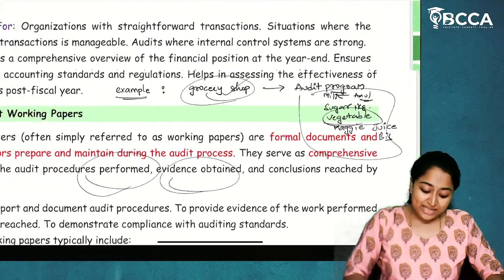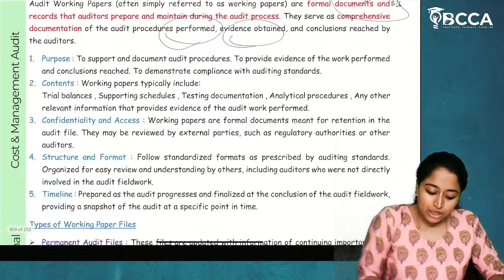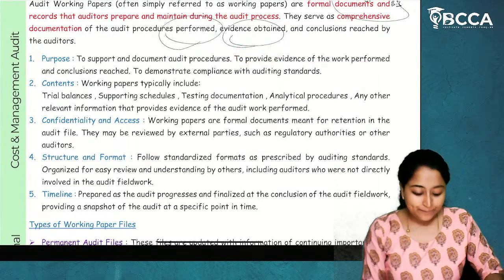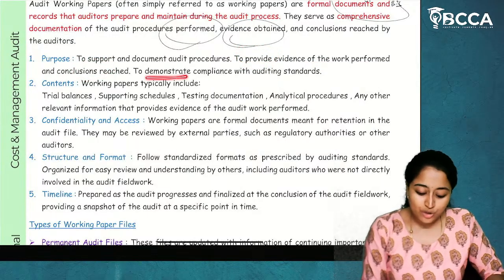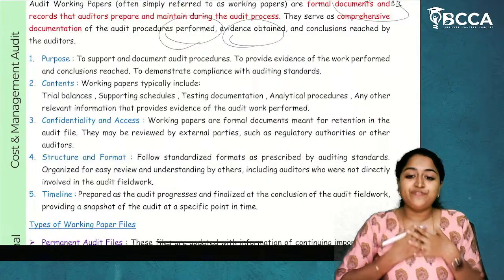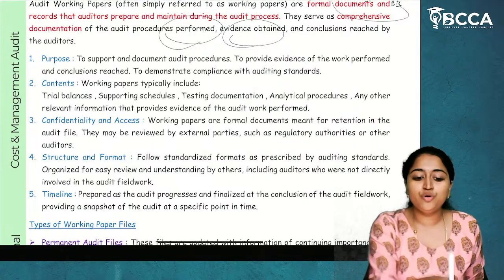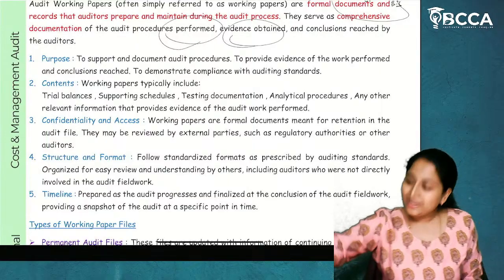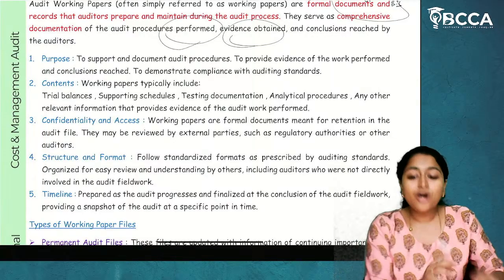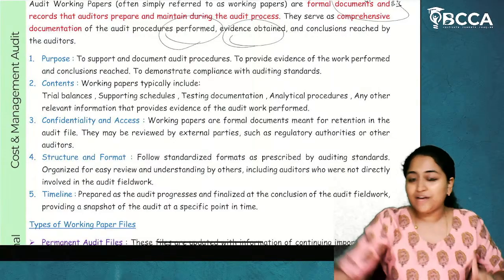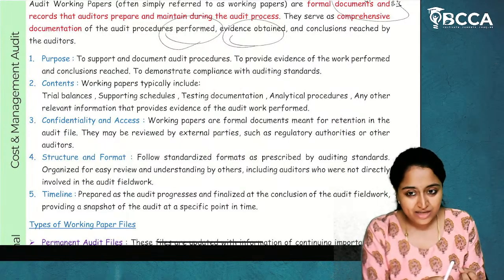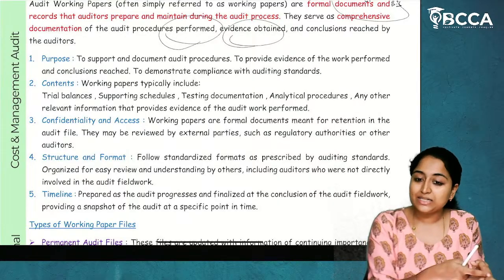Now, this is audit working papers. Purpose: to support and document audit procedures, to provide evidence of work performed and conclusions reached, to demonstrate compliance with auditing standards, so that the auditor can prove himself that I have followed everything, I have followed your instructions. You have told me to go to this shop, I have gone to that shop only. You have asked me to bring all this, I have bought all that. But if they are not available or there is any damage, then I have got you some proof. So to prove that you have performed the work, you have collected the evidence, you have followed all the auditing standards, you will prepare the